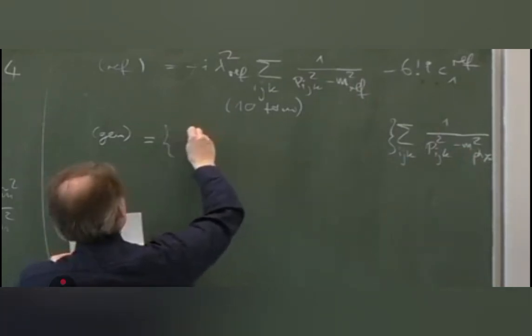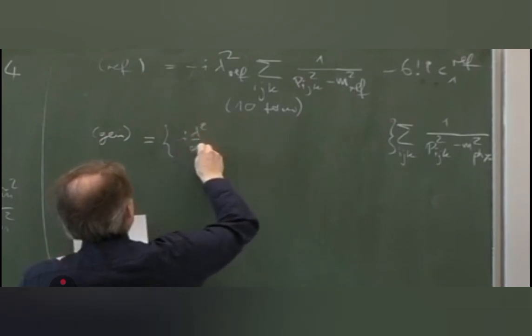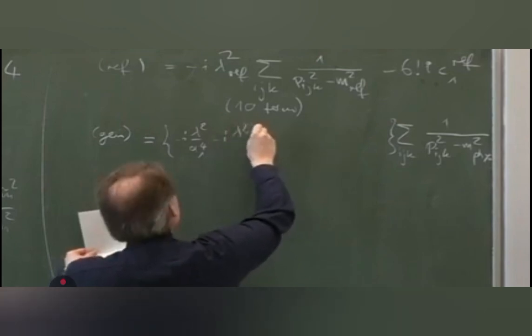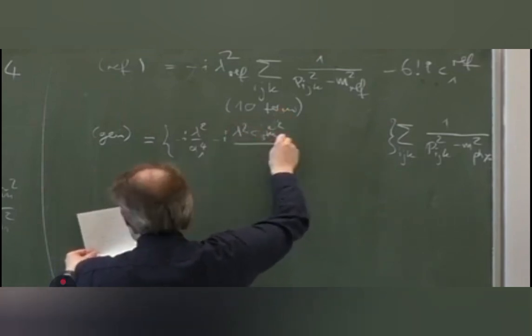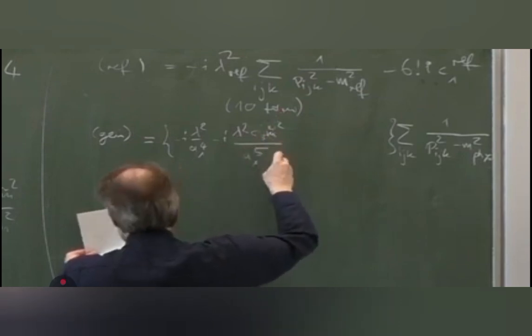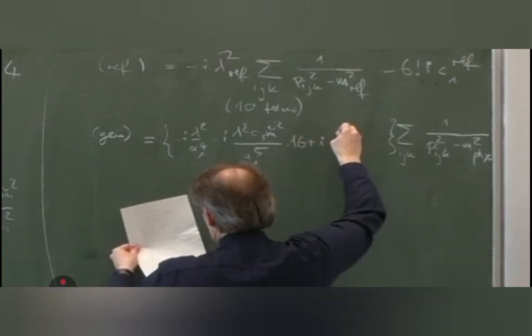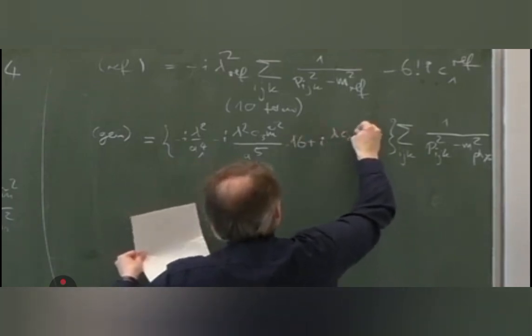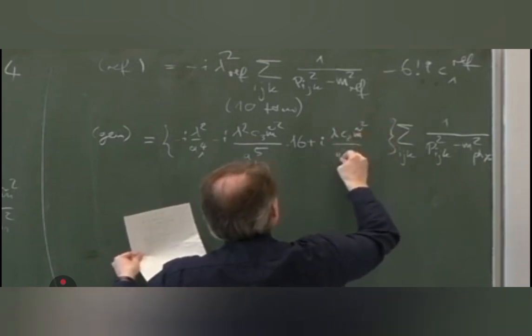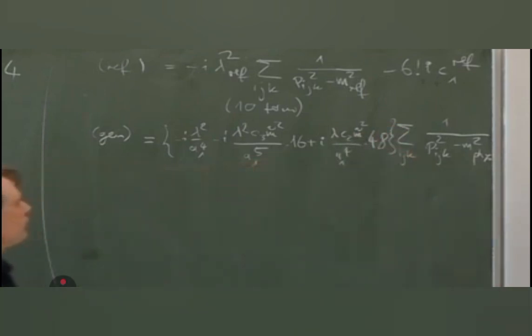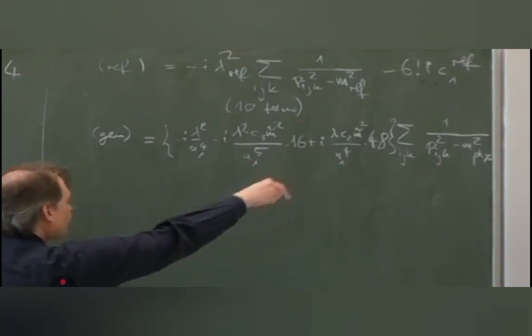curly bracket we have the following: minus I lambda square divided by a1 to the 4th power minus I lambda square c3 m tilde square divided by a1 to the 5th power times 16 plus I lambda c2 m tilde square divided by a1 to the 4th power times the prefactor 48. So this is the resulting prefactor in the general theory, and then we also have such a constant term without